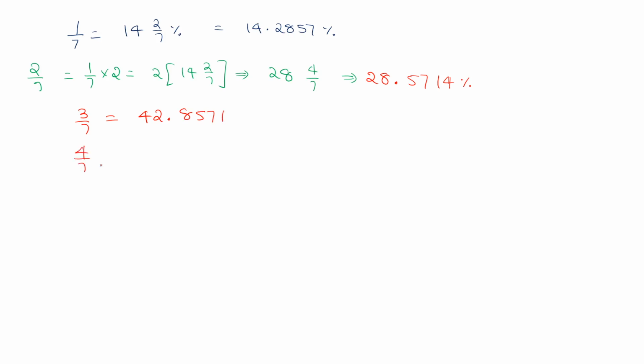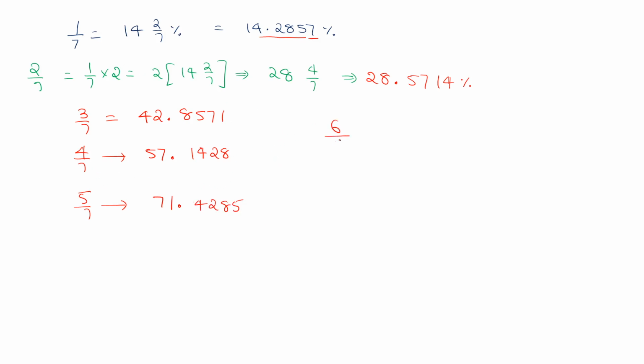If you need to calculate the value of 4 by 7 in terms of percentage, 1 upon 7 is equal to 14.2857. 4 times 14 is 56. Take the nearest value, that is 57, and write the cyclicity, that is 1428. If you need the value of 5 upon 7, take 5 times 14, that is 70. Take the nearest value 71, since it is starting with 7, and the decimals are 4285. 71.4285. Have you observed a cyclicity in the values of 1 upon 7?